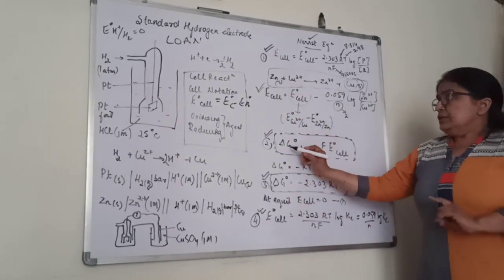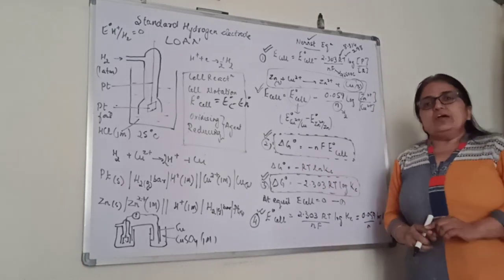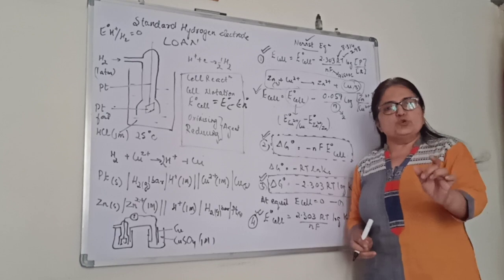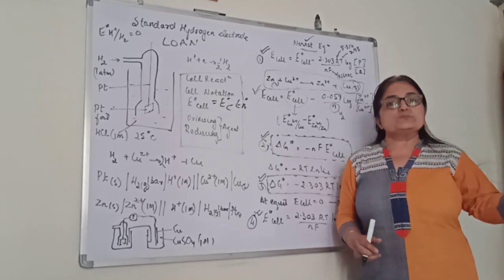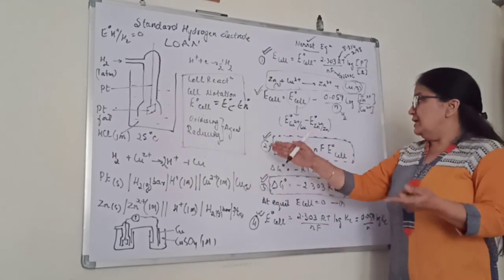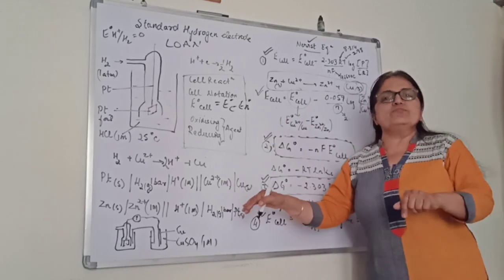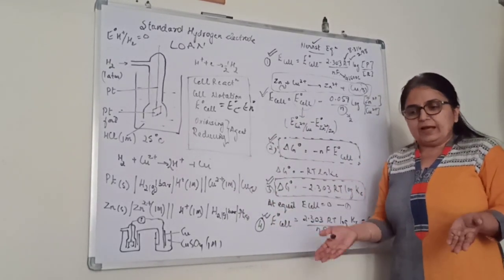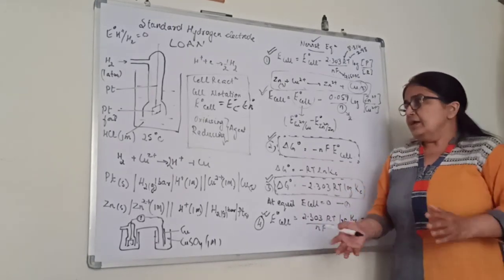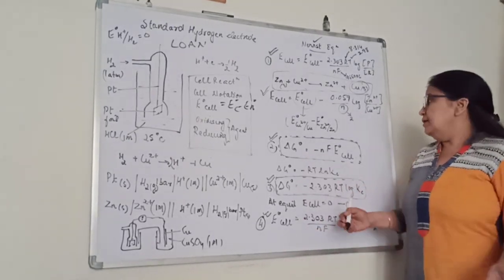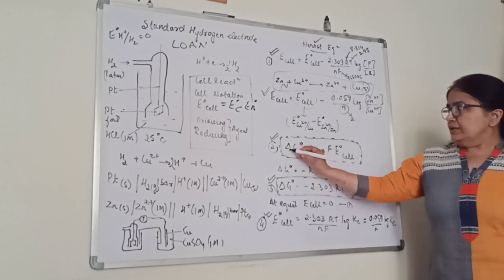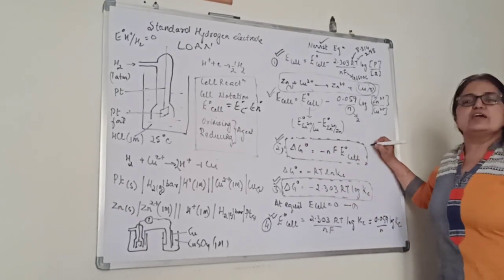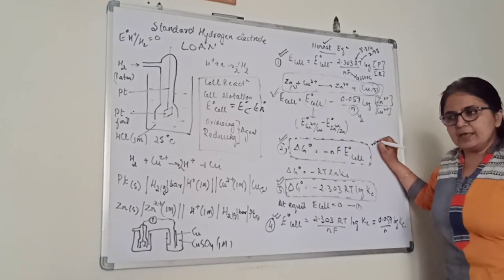Now, the G naught value. See, in thermodynamics in 11th class we say that delta G naught, the Gibbs energy, should be negative for a process to be spontaneous. Here we say E cell should be positive for the process to be spontaneous. Otherwise the cell will not function. If I make cathode, anode, if I reverse them, it will not occur. The reaction will not be there. So delta G naught is minus NF E naught cell. This is the same equation we have done in thermodynamics.